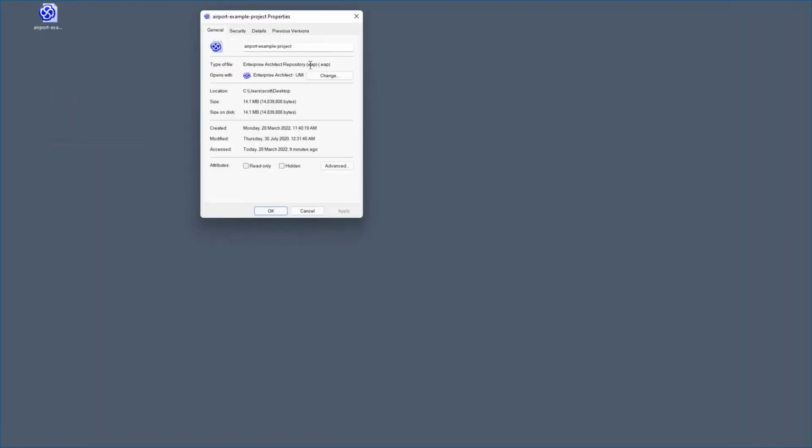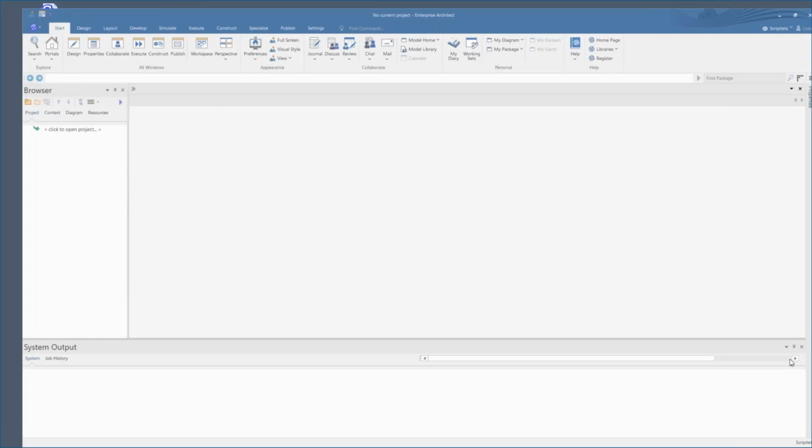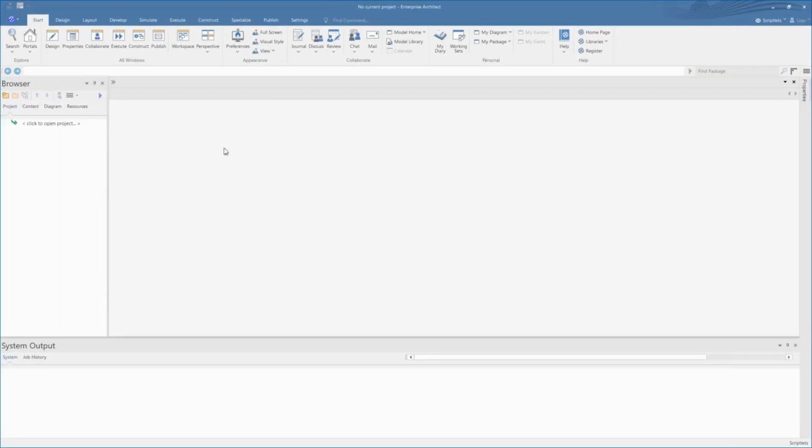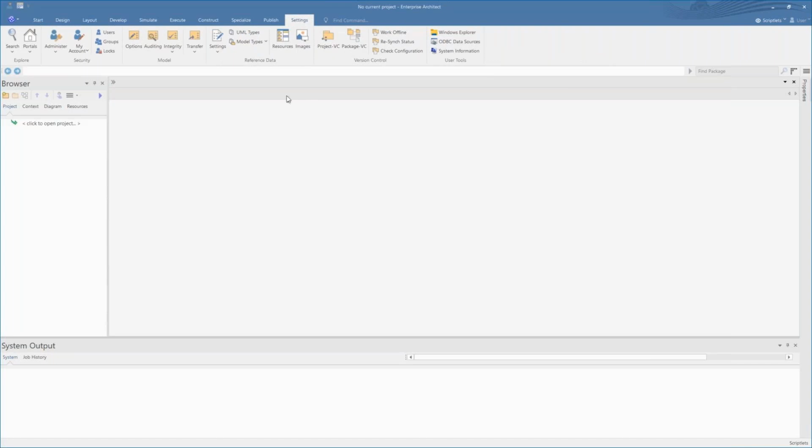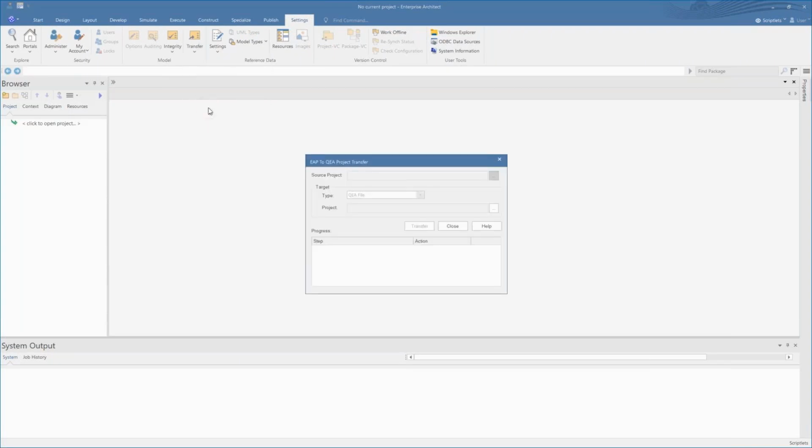On screen we have an airport example, and this is another model that I've used previously in webinars that helps to show strategy, requirements, traceability and a range of other features, but it's really good for showing collaboration because it's got users set up. From the settings menu, I simply select transfer, and I go down and select EAP to QEA transfer.